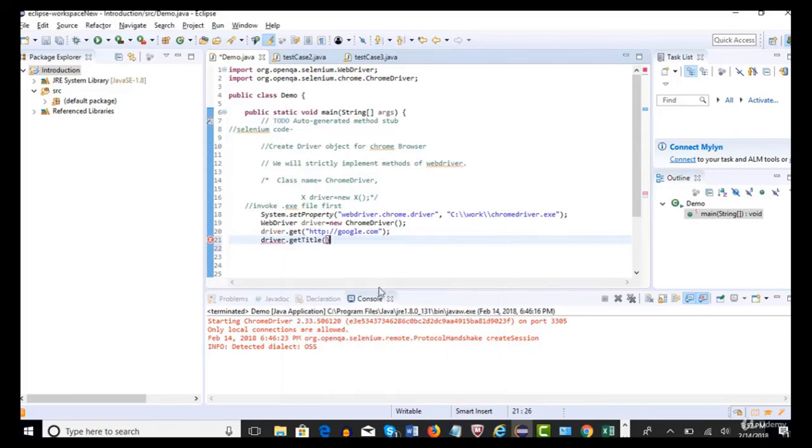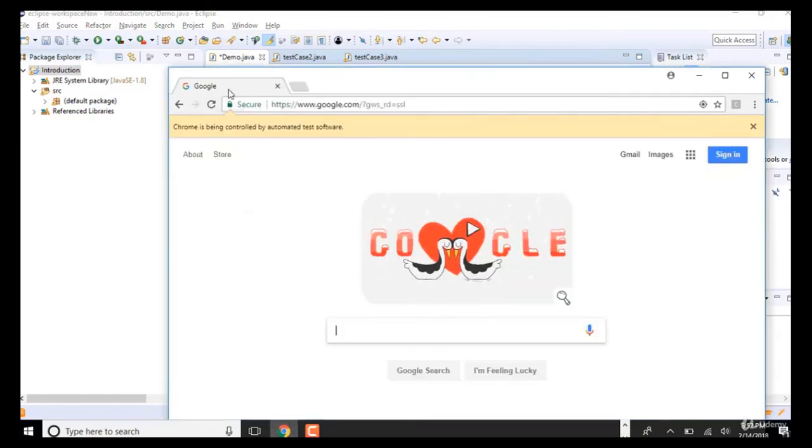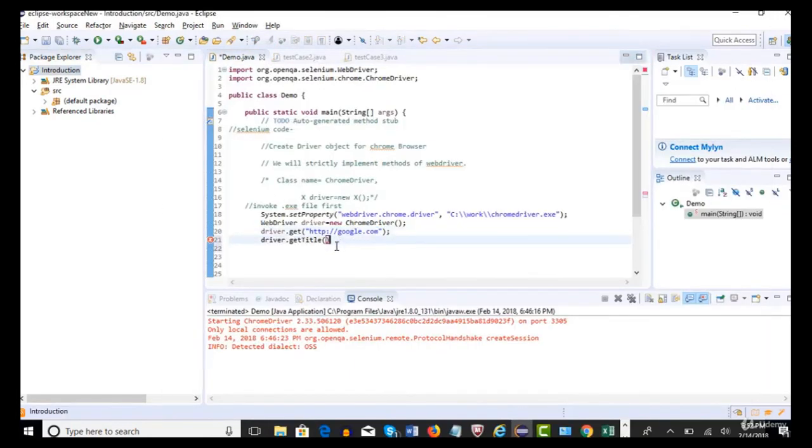Okay, so here we landed on google.com, right? So when you give this step immediately after this, and when you ask to get the title, it will see what page I am currently on. Okay, this is on google.com page, right? So it will go and grab this Google for you. Okay, so if you want to see the title which Selenium grabbed in your output, you can simply say